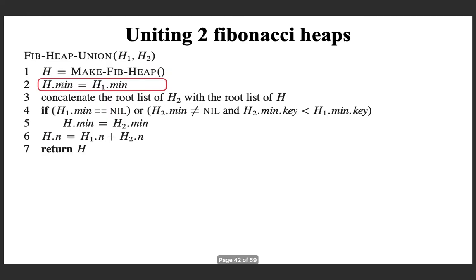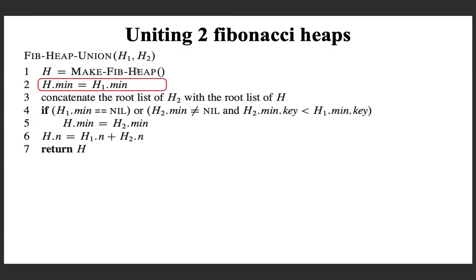After that, you blindly say that the minimum will be the minimum from the first list. That may or may not be correct. We can change it later if we need. You are assuming that the minimum value of the first list will be less than or equal to the minimum value in the second list. This is just an assumption, and the probability of correctness is only 1/2. Later, if it is not correct, the algorithm corrects it, so don't worry about the assumption.